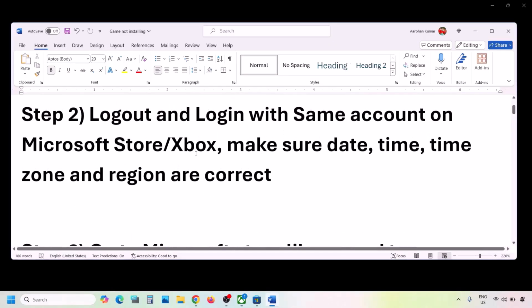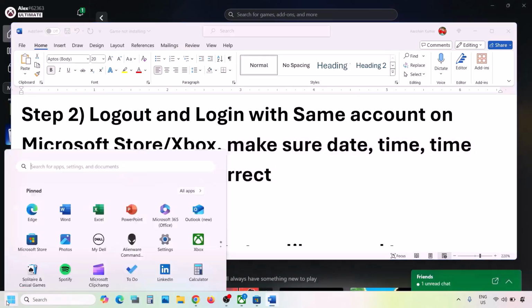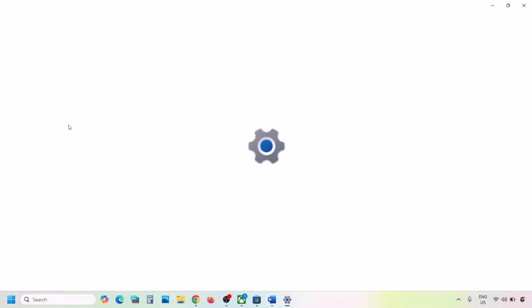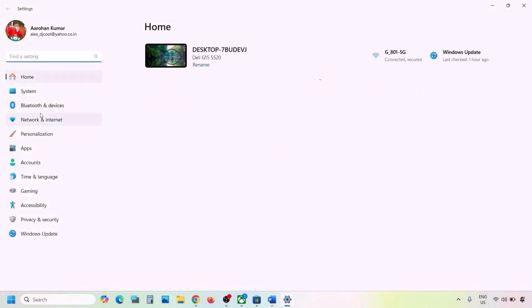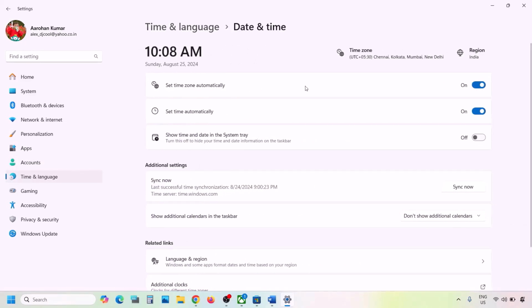The next step is to make sure date, time zone and region is correct on your computer. So you can open Windows settings and then go to time and language and then go to date and time. Make sure set time zone automatically is on over here. Also make sure set time automatically, both are on over here, and then click on sync now. On the bottom here you can see sync now option, click on sync now, and once the sync is done,